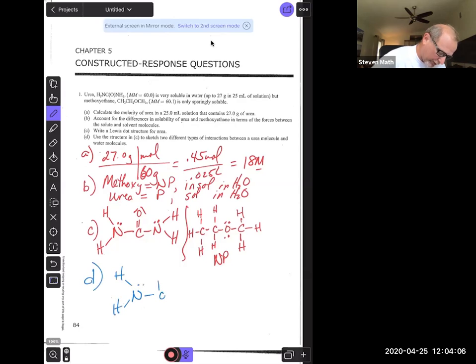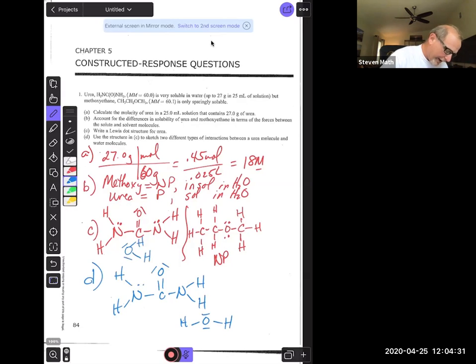NH2 to C to O to NH2. And now I understand I'm going to get one real easily. And so my H from my water, OH, lone pair, and then put another water up here and go H, OH,